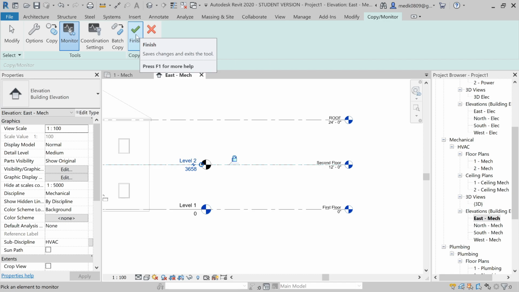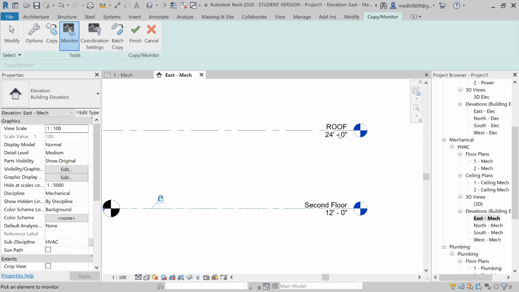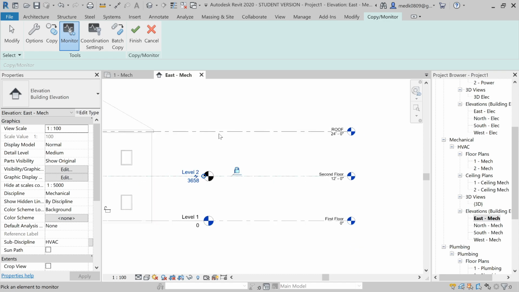For that, we need to click Finish. But you can see we have a roof also over here. It is a part of the architect model, but we don't have a roof for the MEP project, okay, for the Revit project.